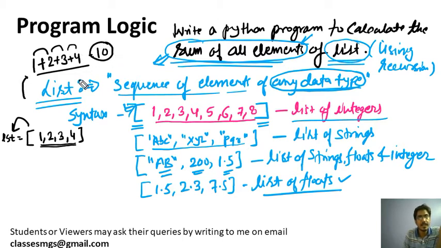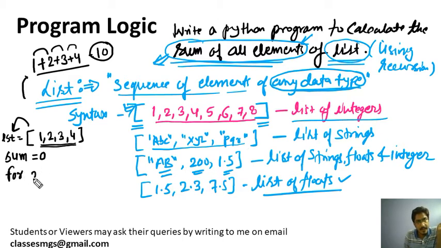So this is the sum of the elements. How can we use a while loop or a for loop to solve this problem? Let's suppose I am creating a variable sum. You might have done this practically in class 11. If you didn't understand this practical, please watch my class 11 practical series. And here we will use a for loop.